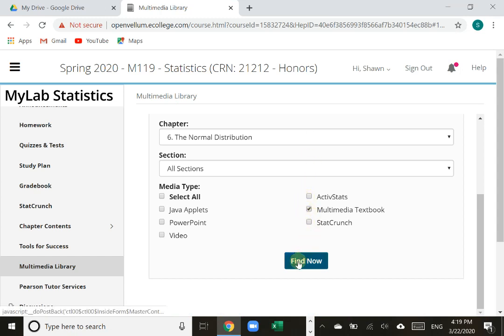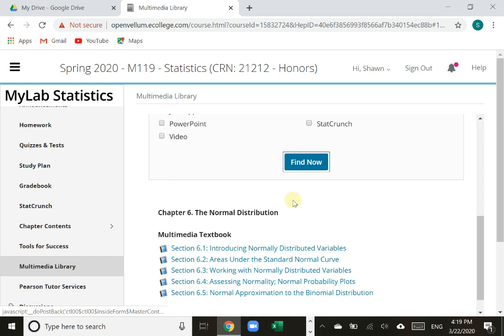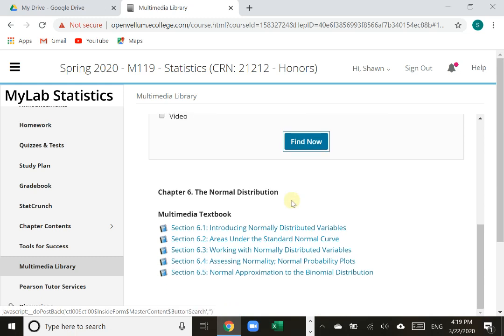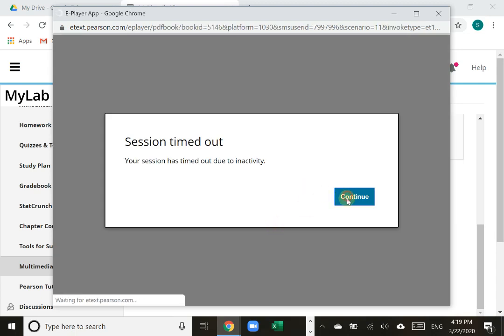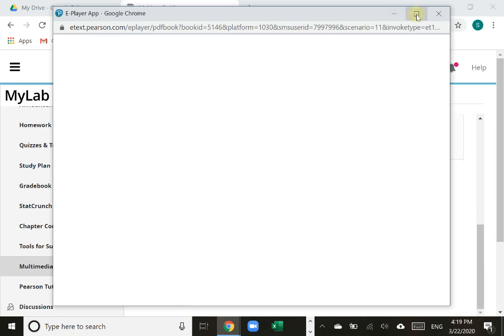This is multimedia textbooks, find now, and these are the list of the topics that we're going to be looking at in chapter 6. We're going to do the first 4 sections of this chapter, and of course if you click on the link, it will open chapter 6 page from the chapter 6 section 1. And they should be coming up pretty soon here. Now, as this thing is loading, let me also